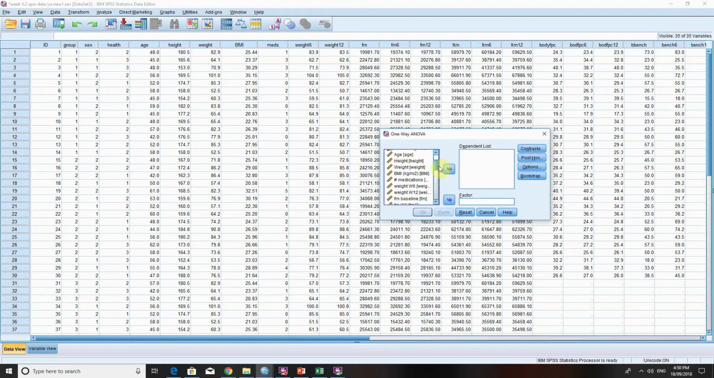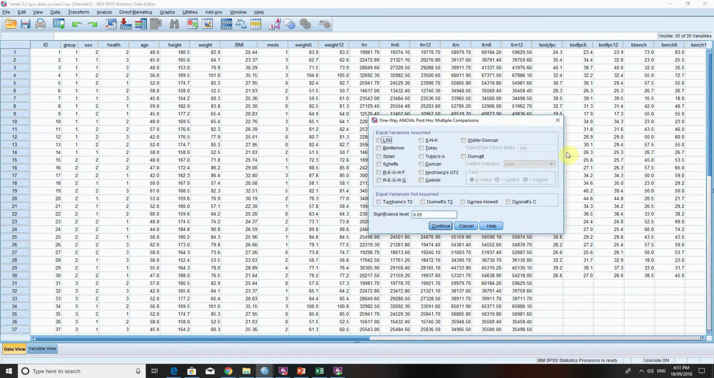My dependent list is going to have fat mass in it, and then our grouping variable or our factor is our treatment group. Now remember, we need to do a post hoc test if our ANOVA comes out significant. If it's not significant, we don't need to do a post hoc test. Now just to do it all in one go, we need to go to the post hoc button, and to